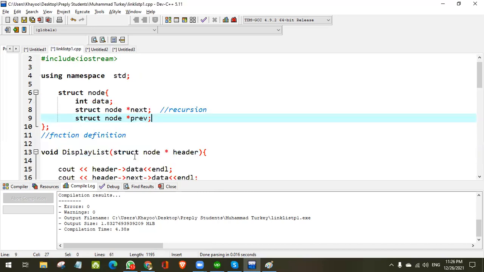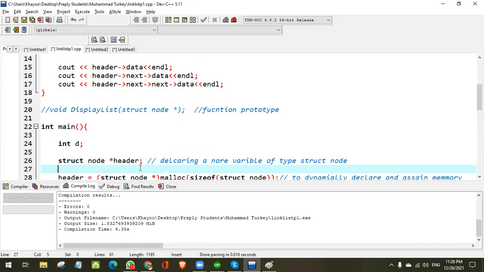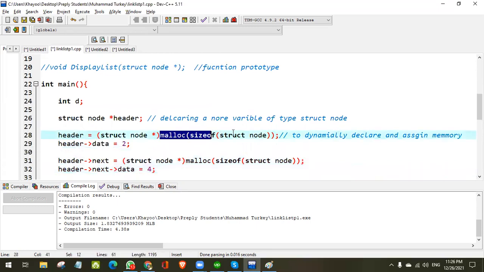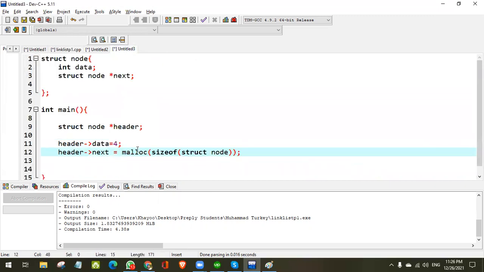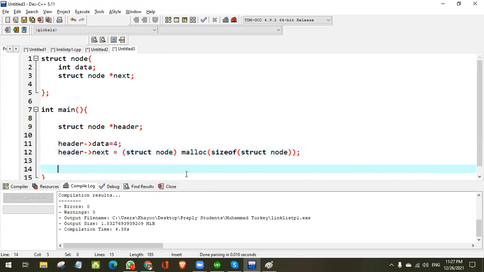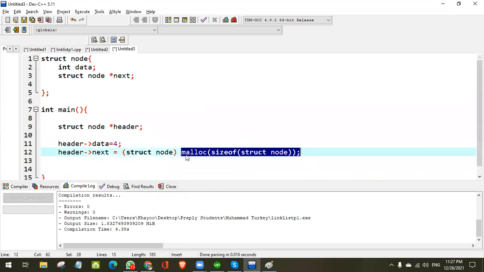So if we want to know this, this is the malloc function. This is simple syntax like this one. If you want to create a new thing dynamically, you will have to write this one. Malloc and a structure node, and what will the size of that? Size of is the operator, and this must be converted into struct node. This is called casting. If you will not write this one, then this will also be an error. So this one is created, this one is converted and assigned to this next operator. You understand?